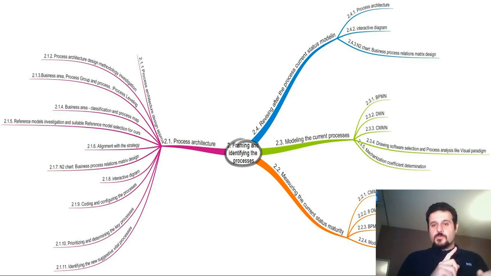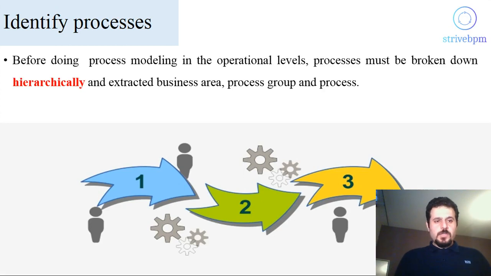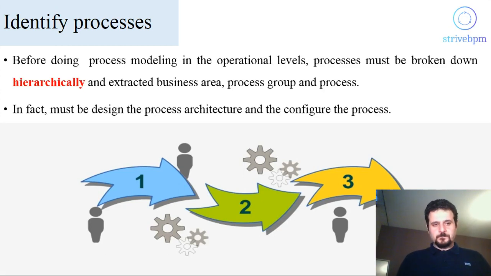So your process architecture can be changed, and you should revise the process architecture or interactive diagram or end-to-end chart. What should you pay attention to before doing process modeling